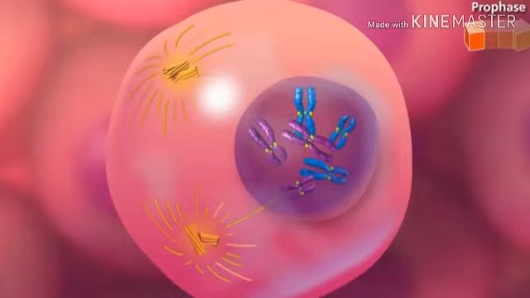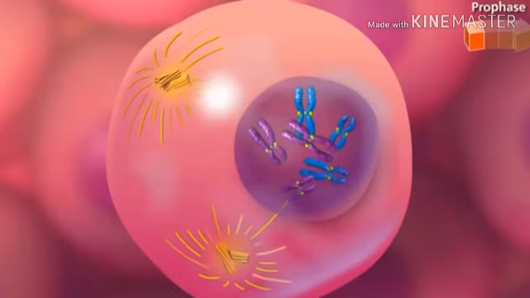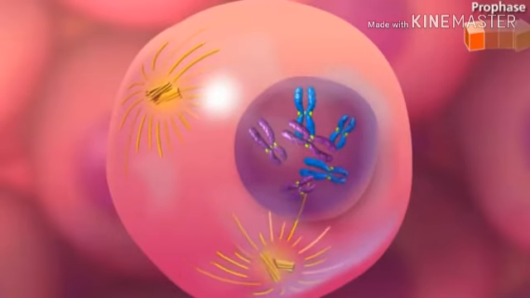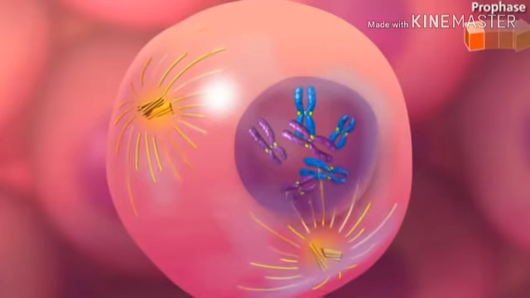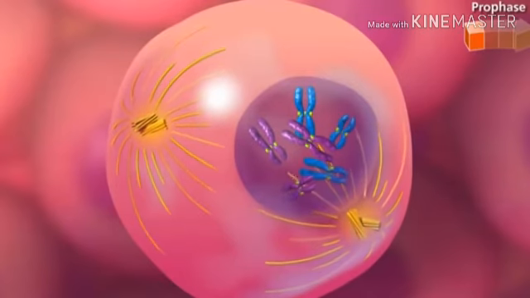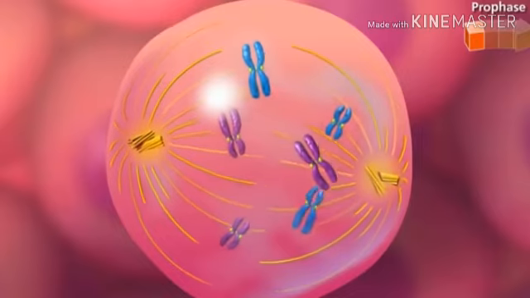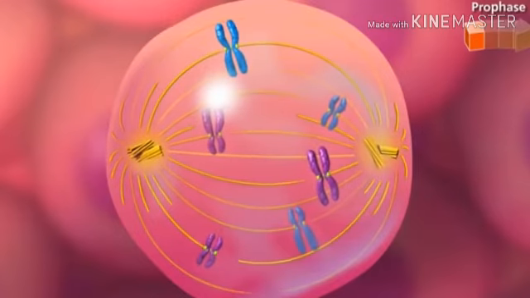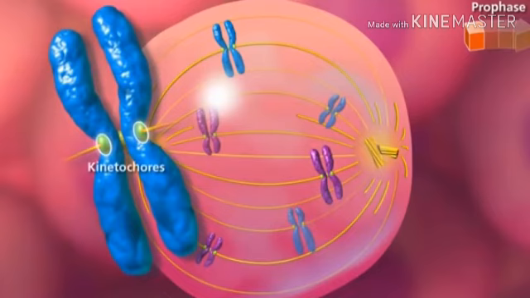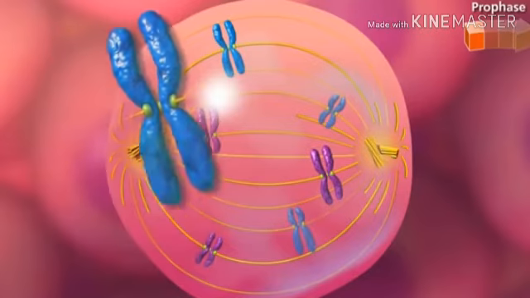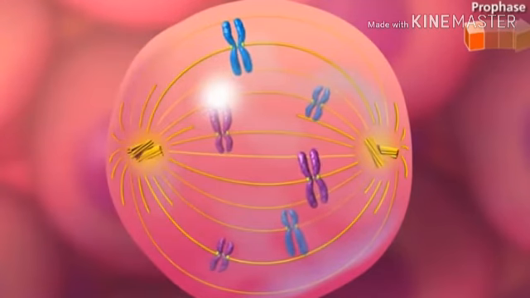In animal cells, centrioles play an important role in the distribution of the chromosomes in the dividing cell. The centrioles migrate to opposite poles, establishing a bridge of microtubules called the spindle apparatus, and the nuclear envelope breaks down. Towards the end of prophase, chromosomes attach, by proteins in their centromeres called kinetochores, to microtubules from each pole.